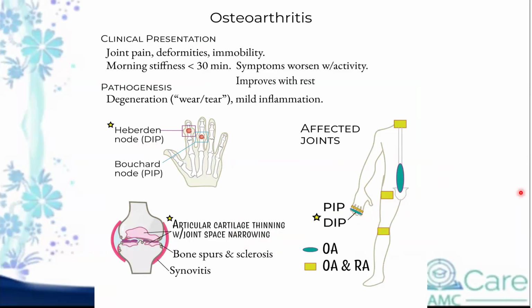And again, another difference is the morning stiffness. Rheumatoid is inflammatory, more than 1 hour. Osteoarthritis is mechanical, so less than 30 minutes of stiffness. That is how they will give it to you in the question. They might even say just 30 minutes of stiffness, so that means they're looking for a mechanical cause. And then whether it worsens with activity or not.